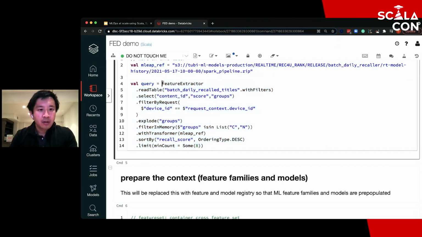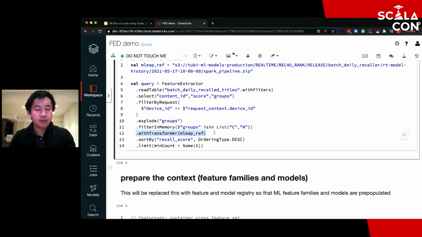So here we're saying we want to read this table of features called batch daily recall titles, but it obviously could be anything. And we're going to select 3 columns out of this, and we're going to do some filtering and explode, right? So all of this feels pretty familiar if you're familiar with Spark. And then we're going to feed this into a transformer pipeline, which is the MLeep.